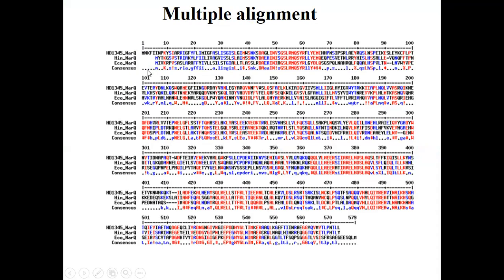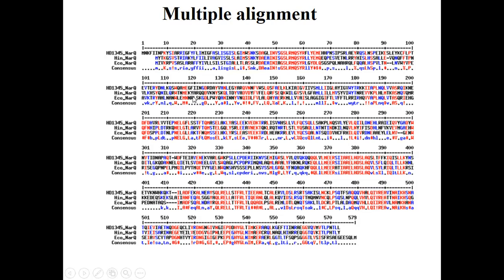The statistics show the gaps, and then this K in red color shows that this whole region is conserved in all of these. However, the blue color shows that it is the most similar one, like in two of them, and this one has some mismatch. So red color explains that this region is conserved in all three sequences. However, blue color shows that two sequences have that similar amino acid. However, the statistics show gaps, and mismatches,